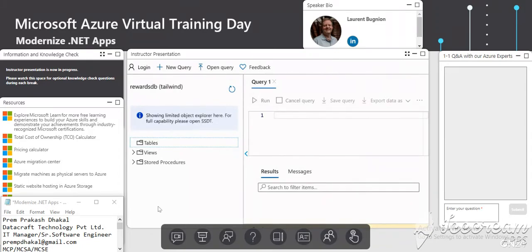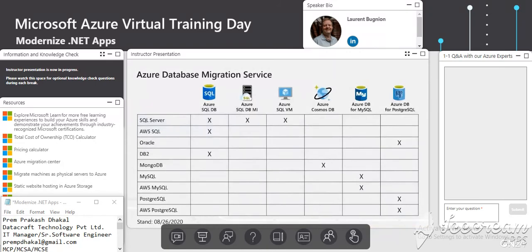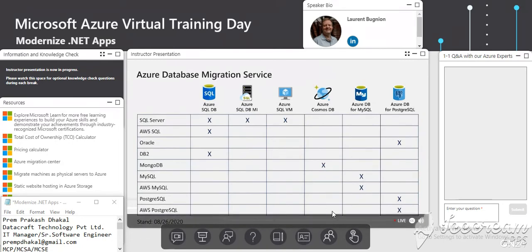So let's talk about the migration itself and let's talk about the Azure Database Migration Service. Now, this is a very powerful tool, very nice to use as well, very easy to use and convenient. And you're going to be able to migrate from different sources to different targets. For example, you see that we support SQL Server as a source running inside your premise or inside AWS. And then for the target, for SQL Server on-premise, we have Azure SQL DB, Azure SQL DB Managed Instance, or even Azure SQL running in a virtual machine, all right? For Oracle, we support a migration path to Azure Database for PostgreSQL, DB2 into SQL DB. Mongo